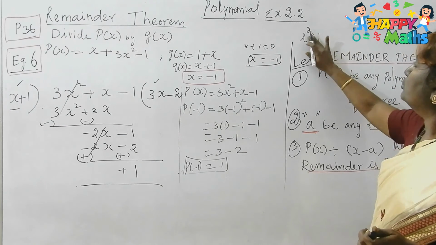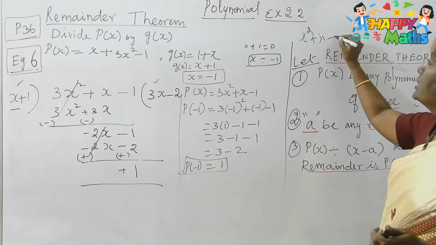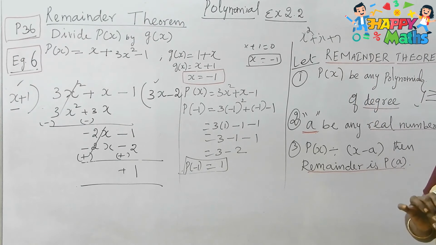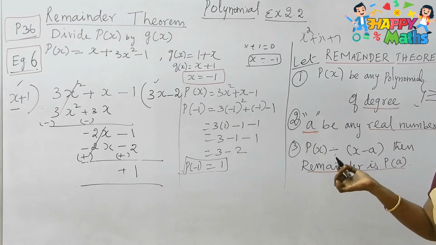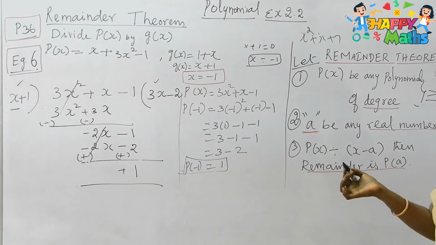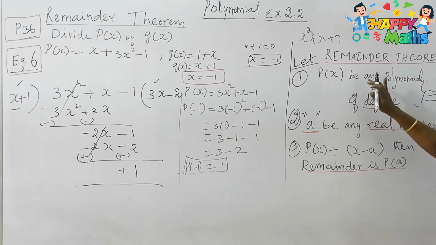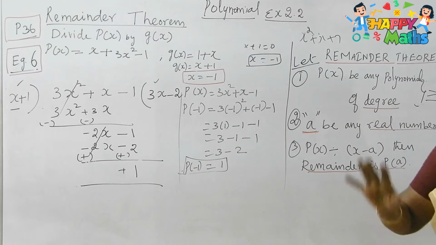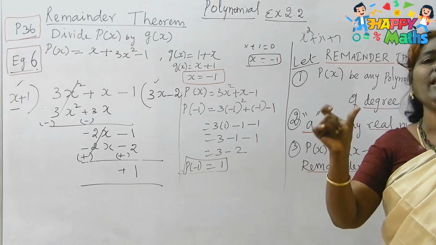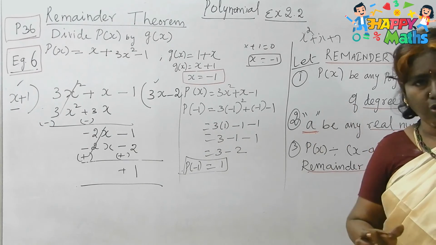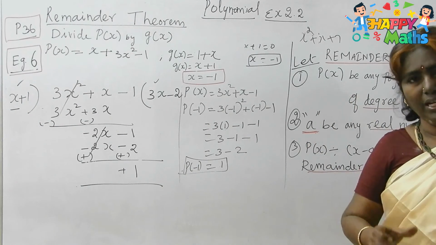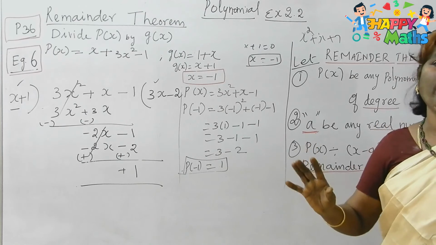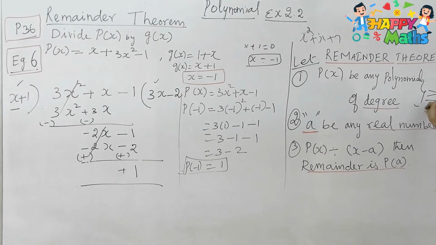That is 2 also. 2 means what? You can take x square and x plus 7, some equations like that. Then you will get a trinomial. Is it clear for you now, children? So, p of x be any polynomial of degree greater than or equal to 1. So, the degree must be greater than or equal to 1. Then only you will get any equation, whether it is monomial or binomial or trinomial or any polynomial. So, that only they have given you this condition.